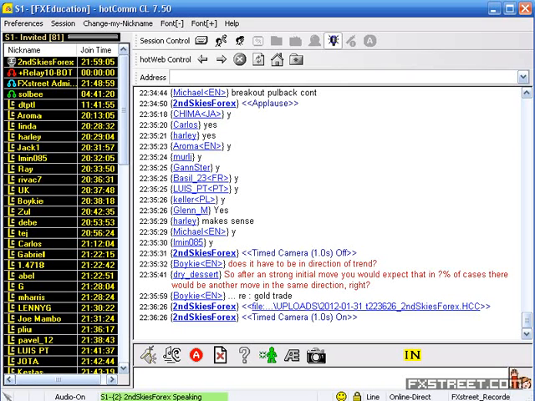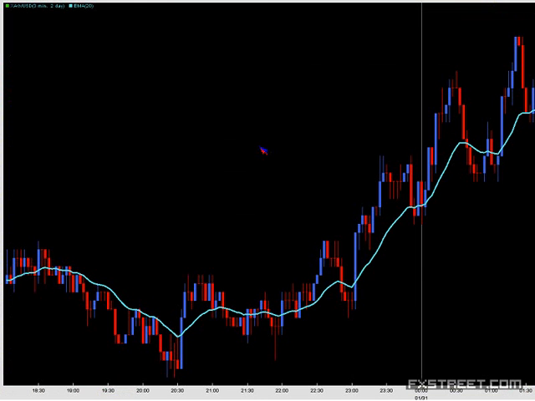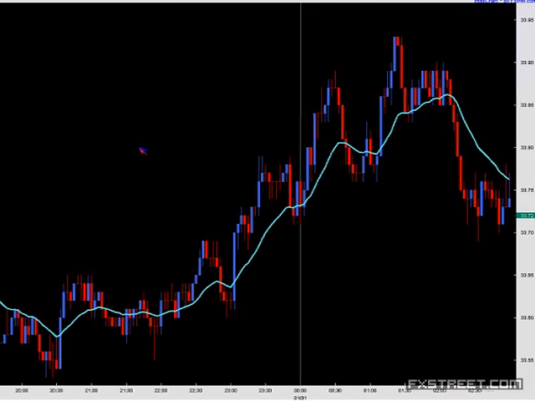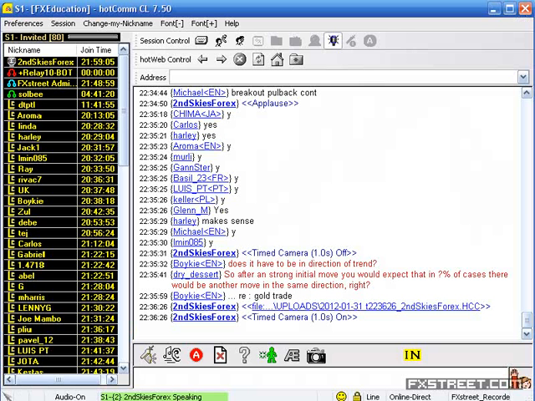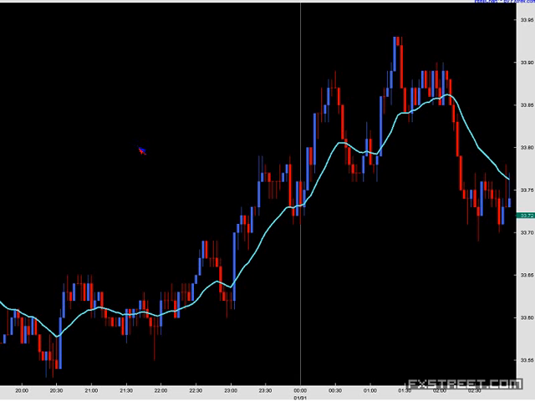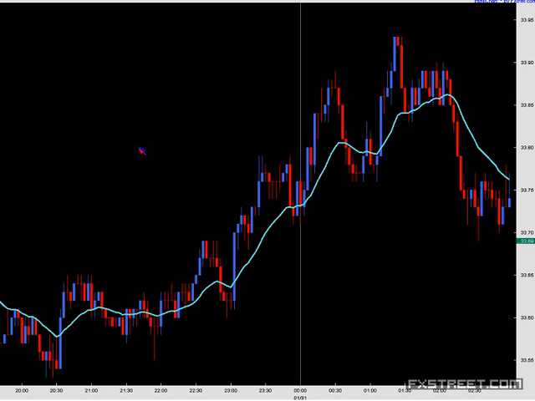Boyke has a question here, and then we'll move on. Does it have to be in the direction of the trend? In terms of that particular move, yes, you want it to be in the direction of trend. But if you're talking about the overall trend, it doesn't have to be. It has to be on the trend on that particular time frame. That unique price action event was clearly on the 1 hour time frame, or the intraday time frame. I saw it there. You could have spotted it on a 1 hour time frame as well. It doesn't matter. But it has to be in the direction of that particular move.